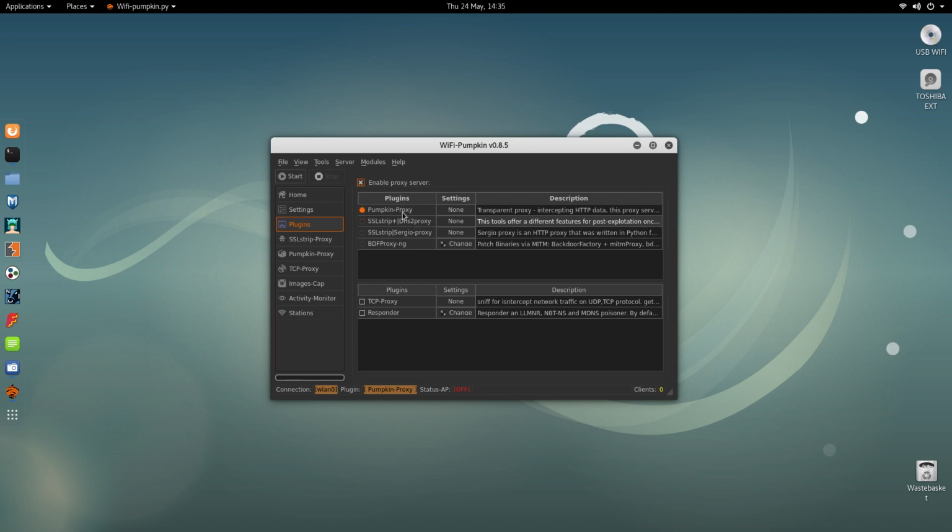Once you get used to using the options of Pumpkin proxy, turn that on whilst you use the options of Pumpkin proxy, and then perhaps play with Responder without that at the same time, and then perhaps play with both of them on using that, and then perhaps you move on to the next proxy, play with these options, and then once you're satisfied with the options of SSL strip proxies,